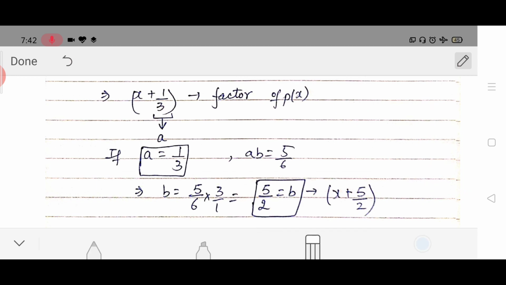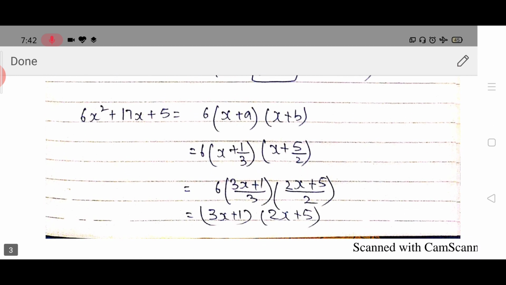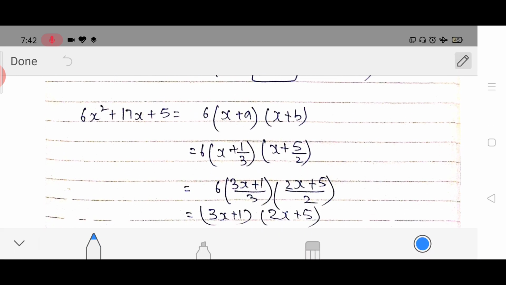Okay, now moving on, you just have to equate the value of a and b into our coefficient. This was our question, and we have equated the question to x plus a, x plus b. So you put here the value of a and the value of b. Now you just solve this by taking the LCM of 3 and 2, and after solving it you will get the two products, 3x plus 1 and 2x plus 5. You will see that both these products are the same as from the middle splitting method, but the method of splitting the middle term is much more convenient and efficient than this method of factor theorem. So in quadratic polynomials we will prefer the middle term splitting method instead of the factor theorem method.